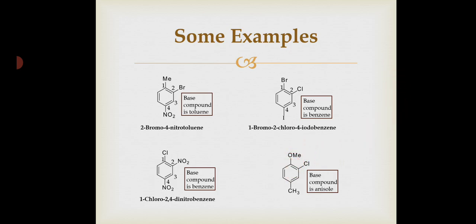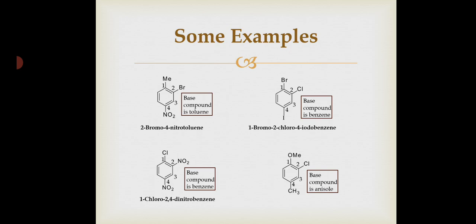So one may say that we can name it as toluene also, but when there is a methoxy group and a methyl group on the benzene ring, anisole gets preference. The base compound is anisole. And so the chloro and the methyl groups become the substituents. So the numbering goes like this,